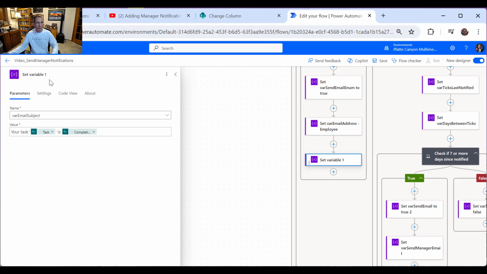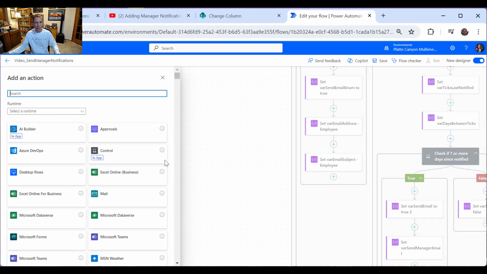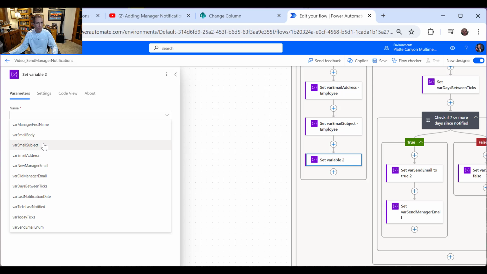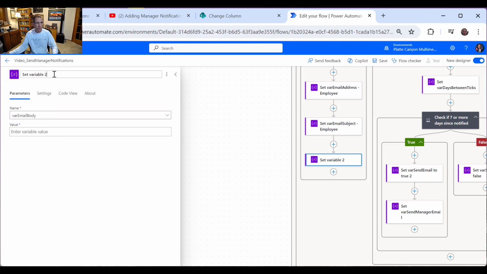Oh, and I forgot to set the thing, so we'll say set. And these need to be unique, which is why I'm putting employee on there. And got one more. We'll have set the body. I'll put it up here. There we go. And this one,